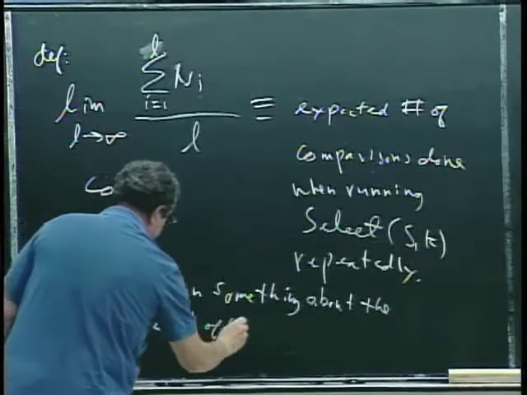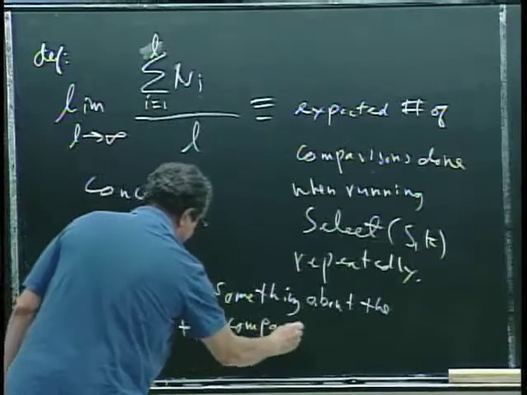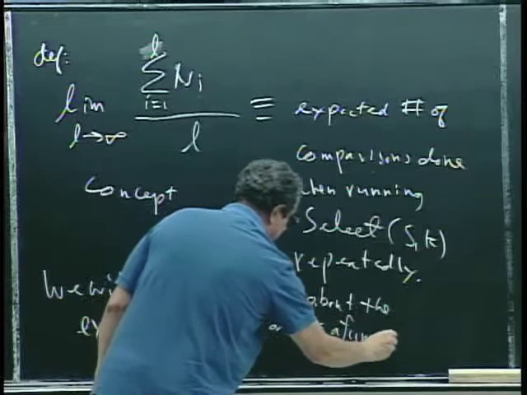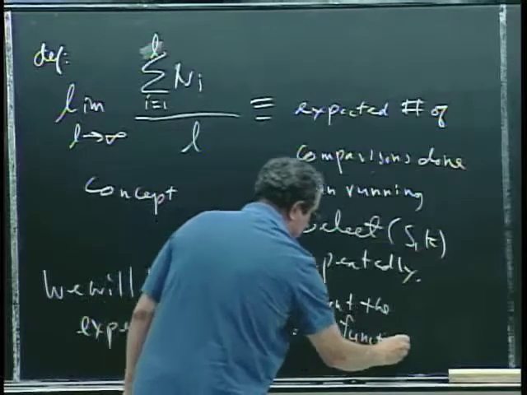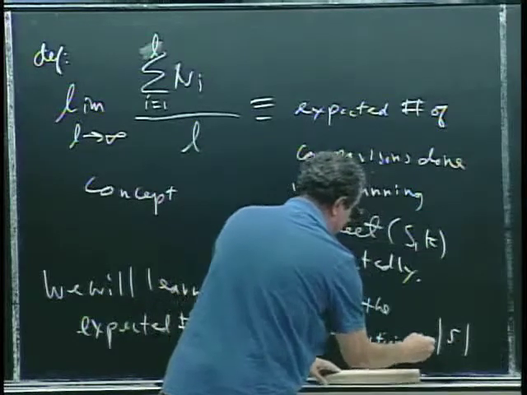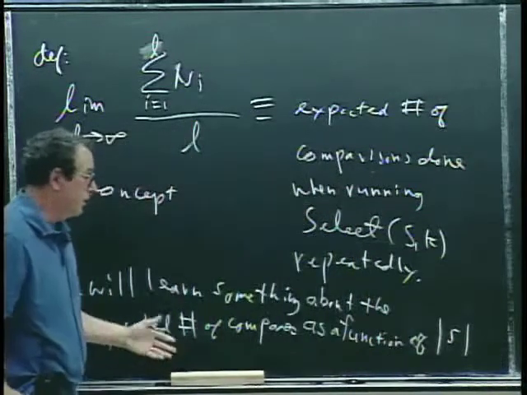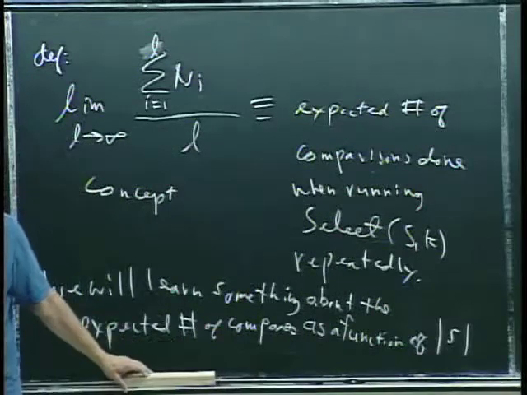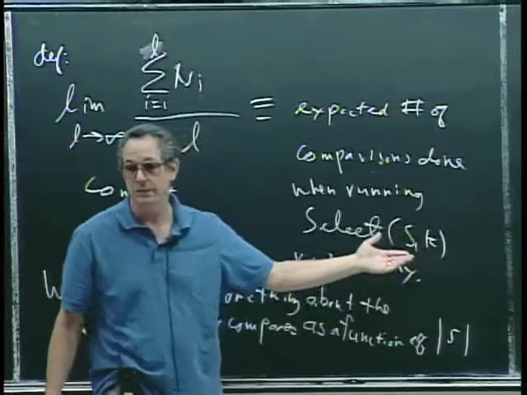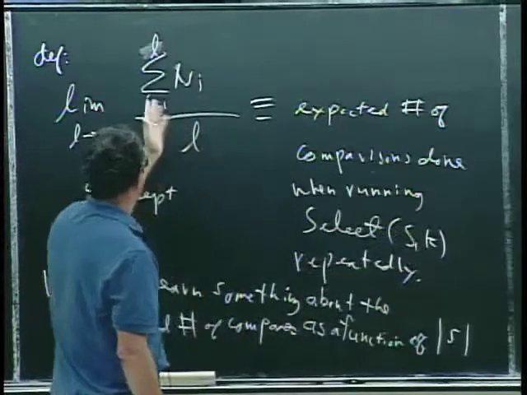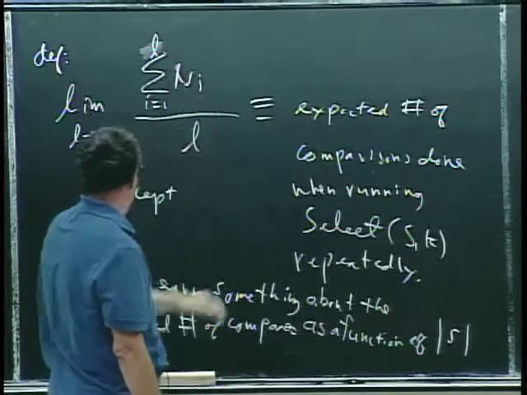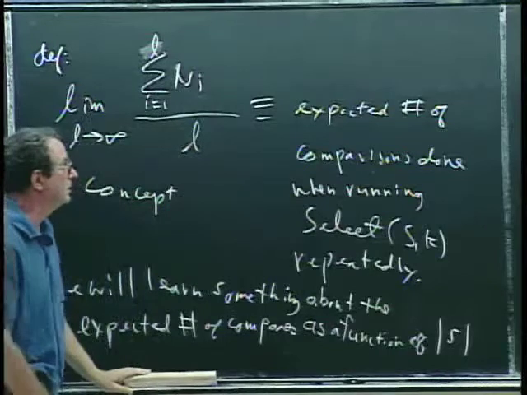Number of compares only as a function of the size of S. Okay? So what we're going to learn is more valid or more interesting than if we were just going to learn something about a particular S and a particular K. But we started with a particular S and a particular K in order to introduce this notation of expected number of